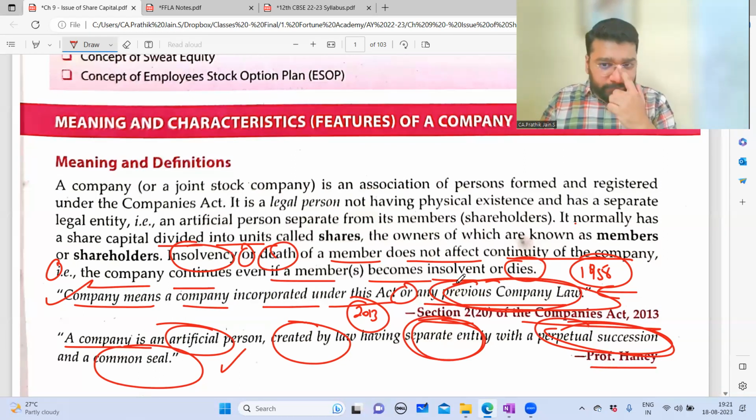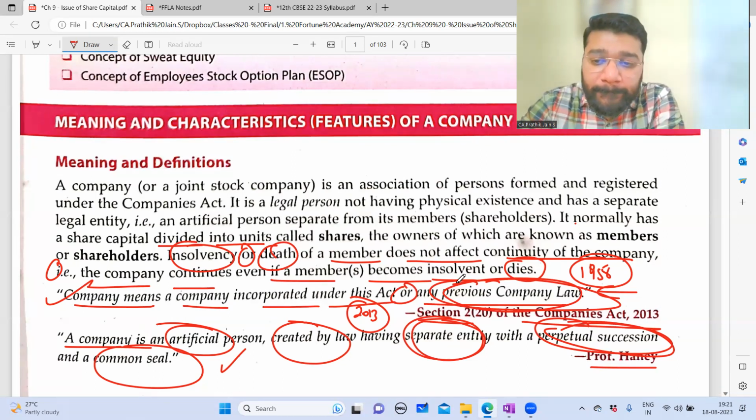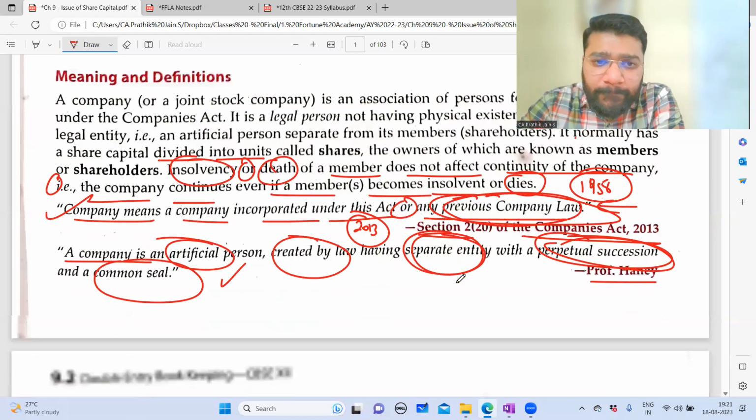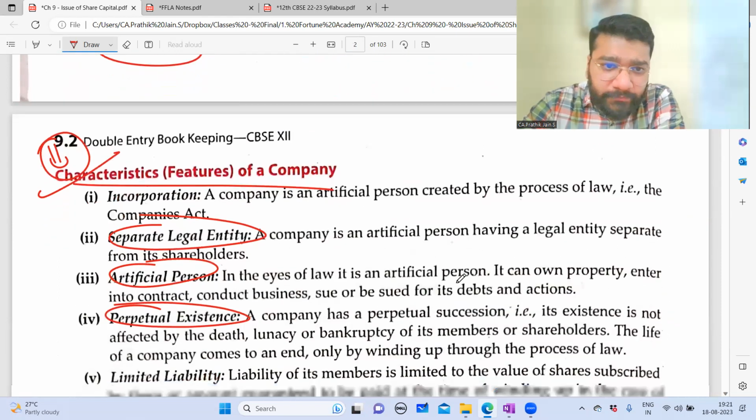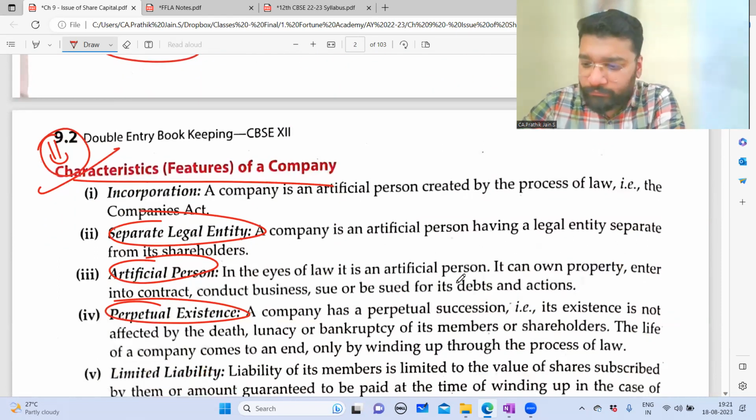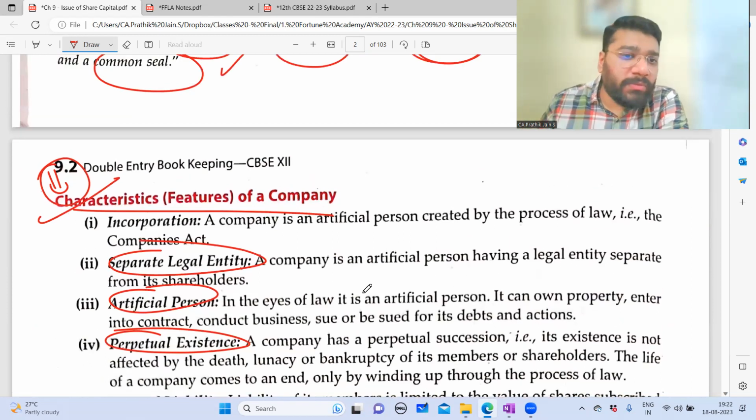Yes, Nishka, now tell me. So if there's anything conflicting in the 2013 Act and all? Not at all. They have done a very smooth transition. No conflict at all. So basically the companies of 1956 will continue to exist, but they will follow the rules and regulations of 2013. Absolutely, that's right. Okay, thank you, sir.